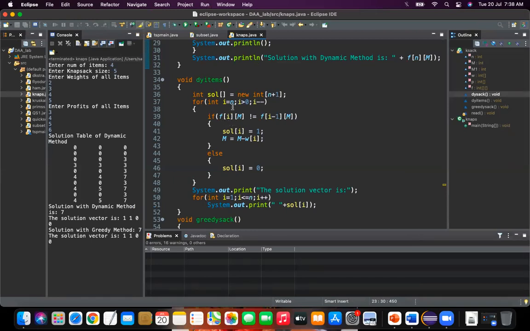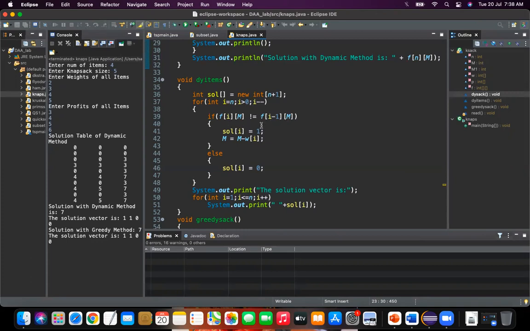This for loop starts from n and goes down to 1, with i minus minus. F of i, m, that is F of n, m, will be compared with the previous row value, F of i minus 1, m.